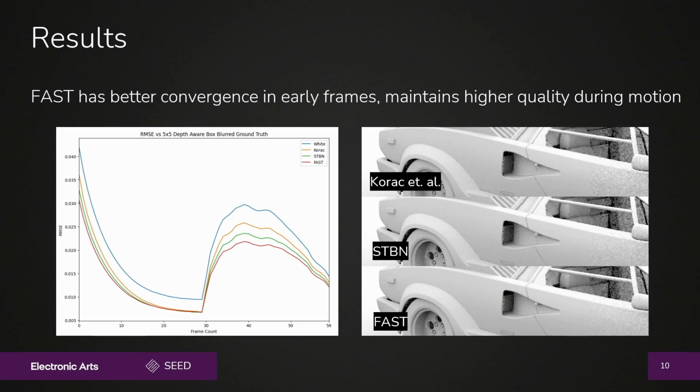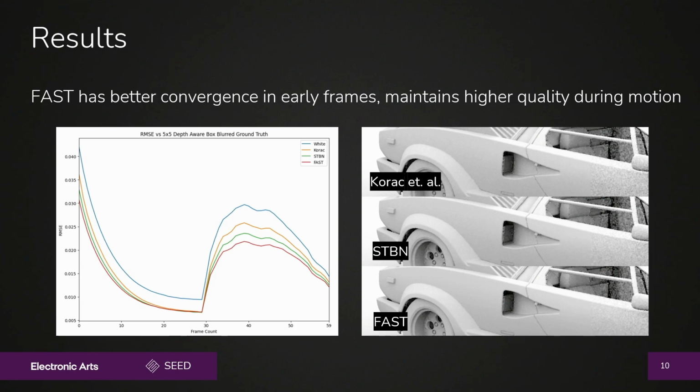The graph on the left is frames going from 0 to 60, or 0 to 59, 60 frames. We start with the camera still, and as you can see, the different noises converge. Fast starts off converging a little bit faster than the others. After the filter has settled down, once you've taken about 30 samples, everything except for white noise has basically converged